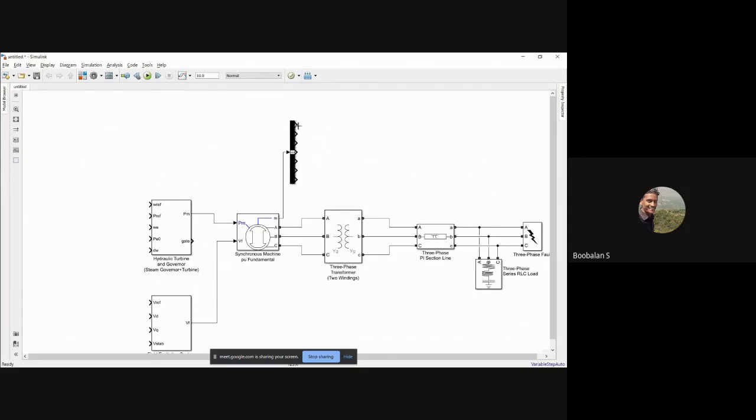For that, what we need to do is just expand this line, right? Once you expand, there is a statement now coming. You could see the list of signals: stator current in per unit, stator voltage in VQ, stator voltage in VD in per unit, rotor speed, rotor speed deviation, load angle, and finally active output power, right? So if you want to display these things, I need a scope, right?